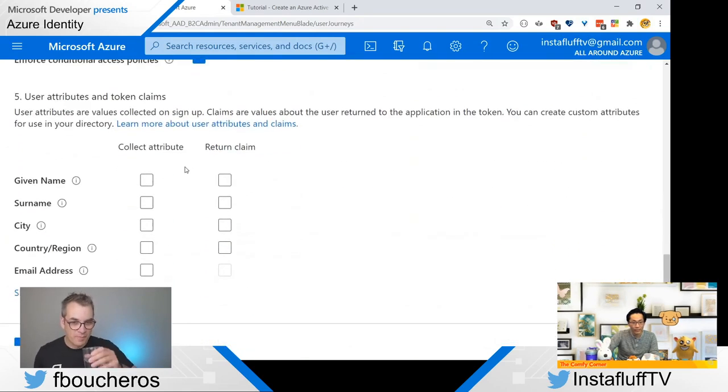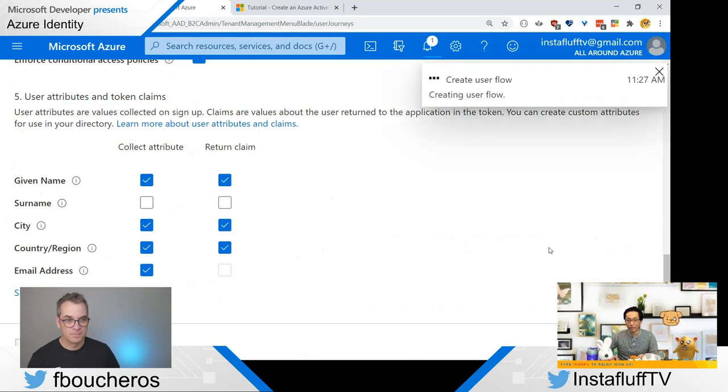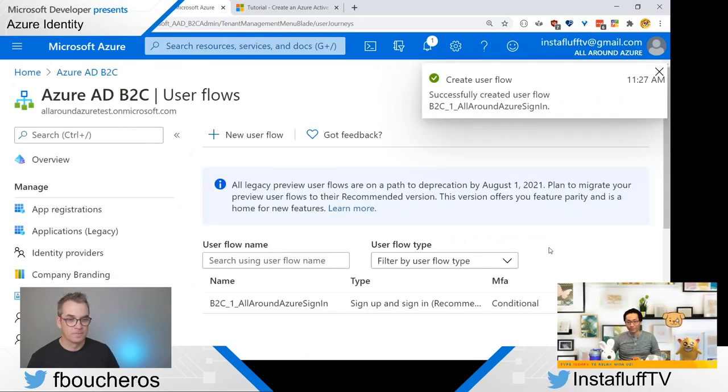And then the attributes that we want to collect are given name and maybe the city. We can return these, and the country. Email address is probably fine. All right, and then we could create. Just look at that, it finished.